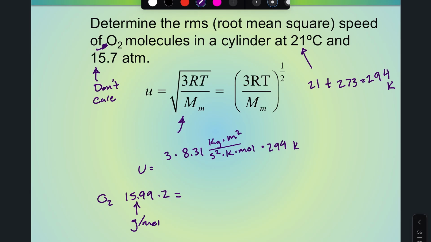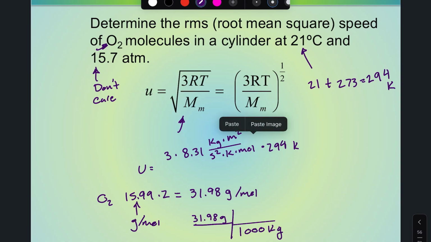15.99 times 2, which gives us 31.98 grams per mole. Now, what we can do is we can take 31.98 grams and we can convert that to kilograms. So there's 1,000 kilograms. In fact, I will even use a different unit. I'll use 10 to the negative 3. 10 to the 3